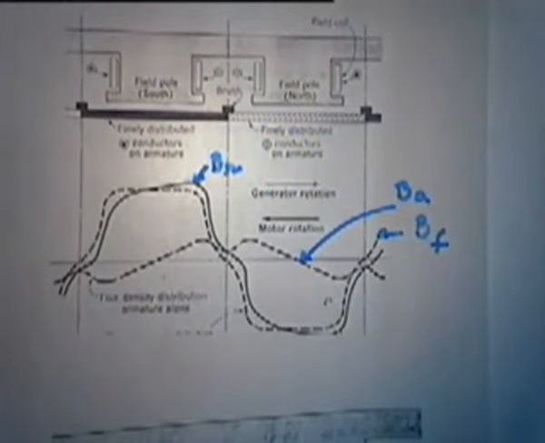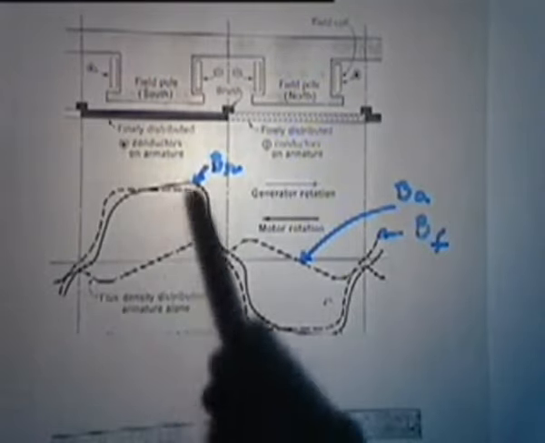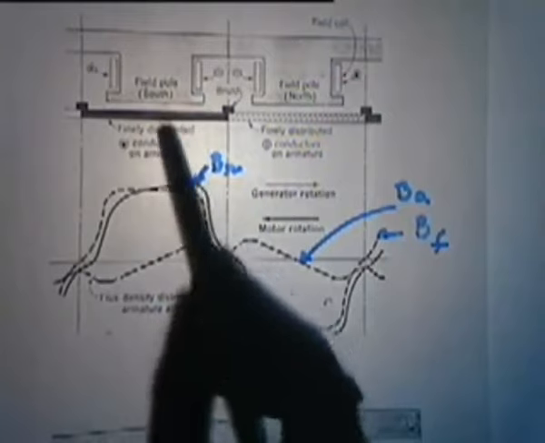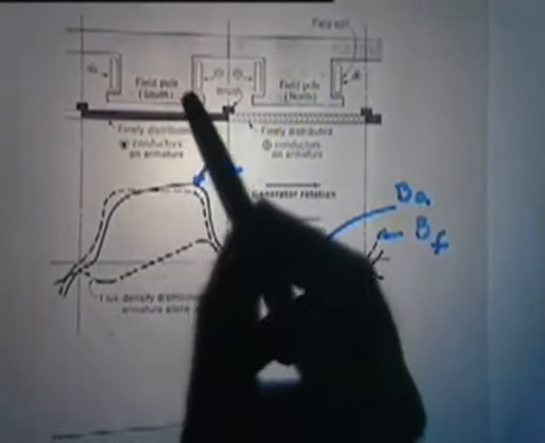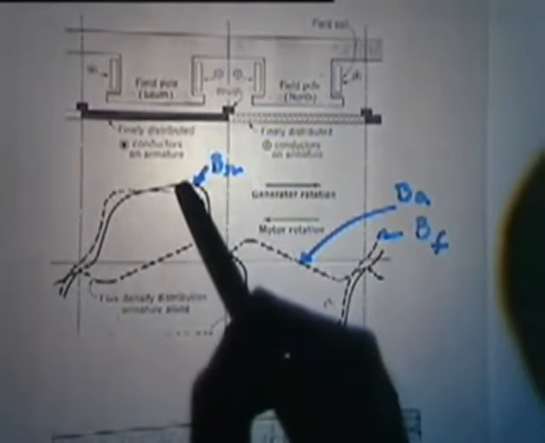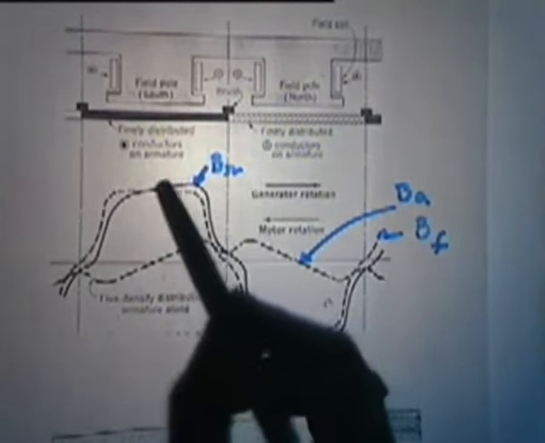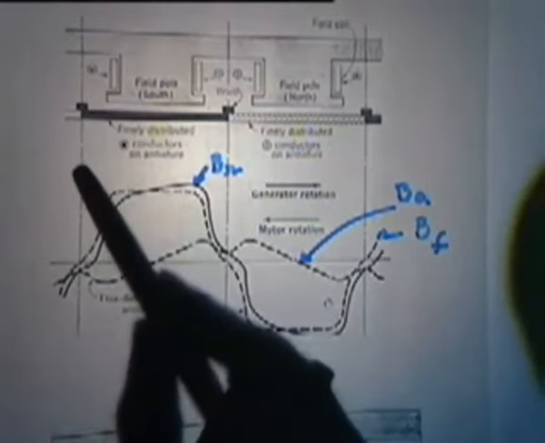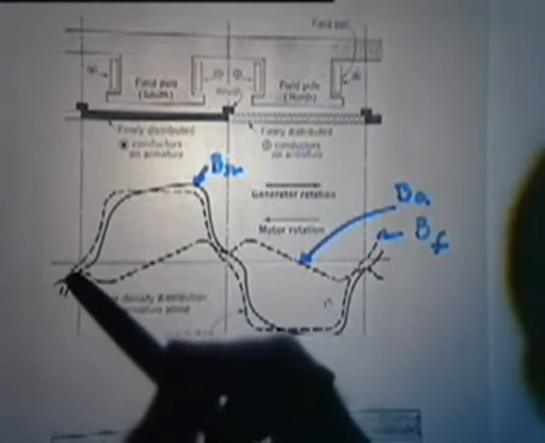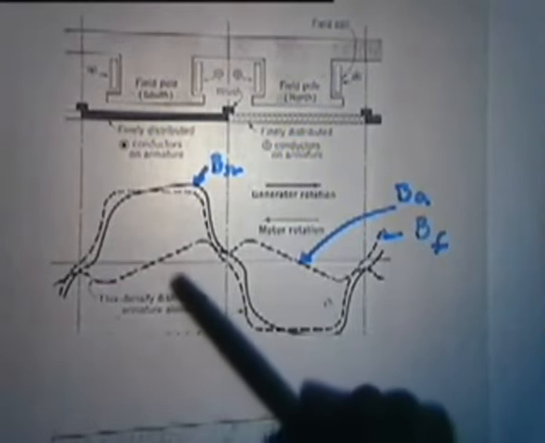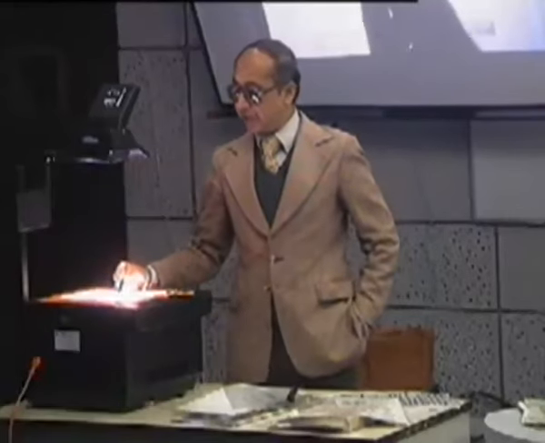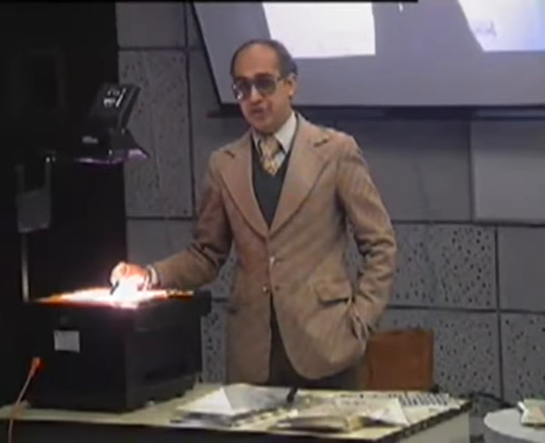But the problem is that in this zone we have an increase in flux density, which means the iron may get more saturated. On the other side there is a decrease in flux density, that means it will get less saturated. So if you look at the BH curve, we know that an increase in flux density is not necessarily directly proportional to the increase in MMF whenever the circuit is under saturation.